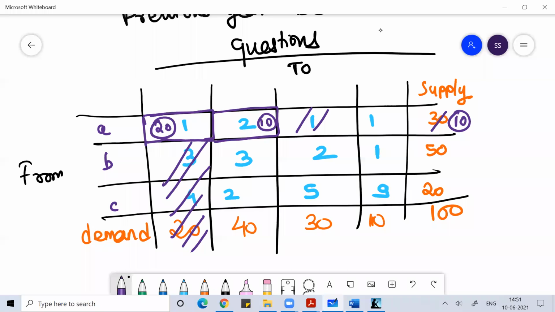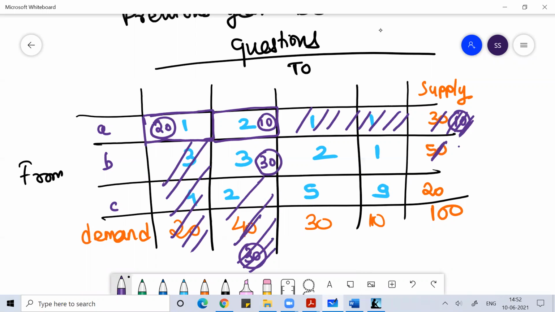Now A is done, and 30 units are still left to be met in that column. Now if you see B, the demand is 30 but the supply is 50. It can supply more than the demand, so we'll do only as much as can nullify each other. The maximum you give is 30, because that is the demand. If you have extra, you give it to someone else. So 30, this is done here.